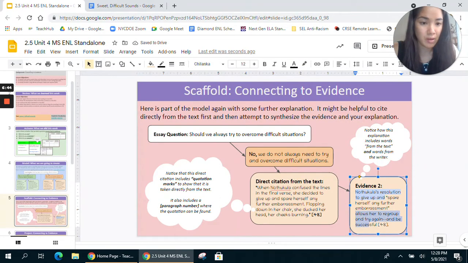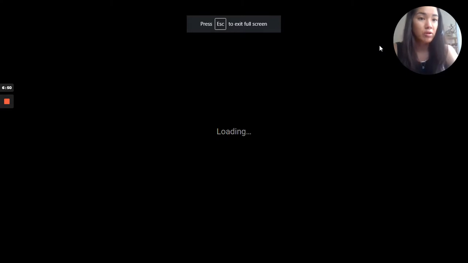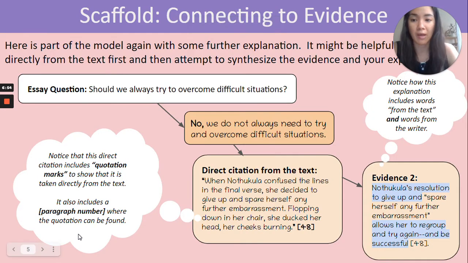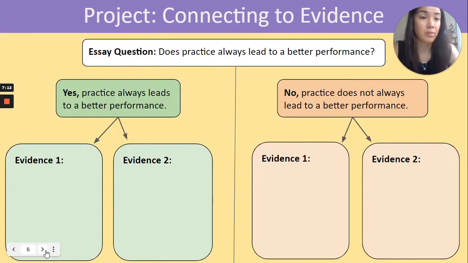So for this example, I'm just highlighting where the writer has used their original language, and then the students have an example. The blue is the original language, and anything else is the direct quote, just so they get a visual of what that distinction is. After the scaffold, you're going to come to the project page, and here is what students